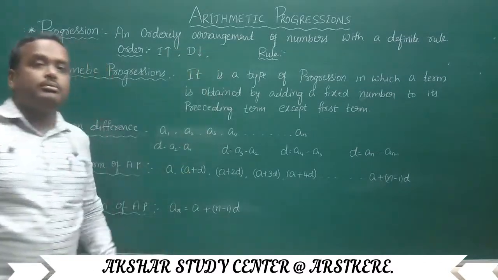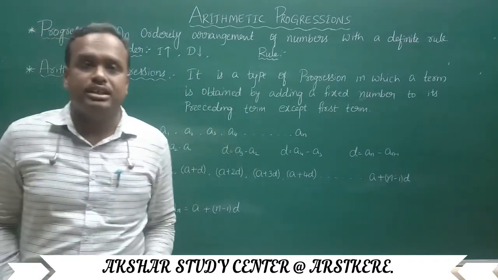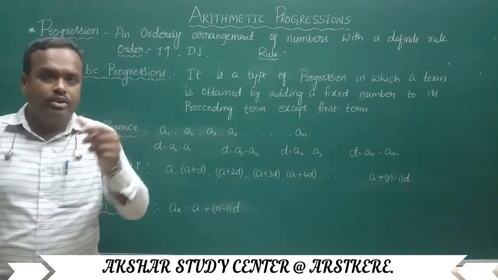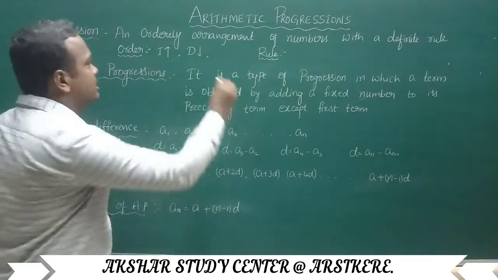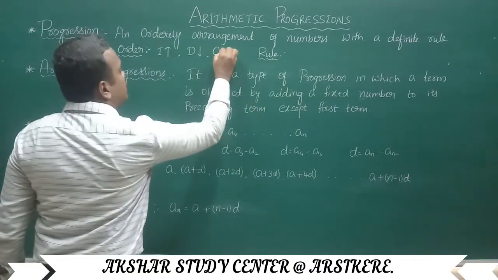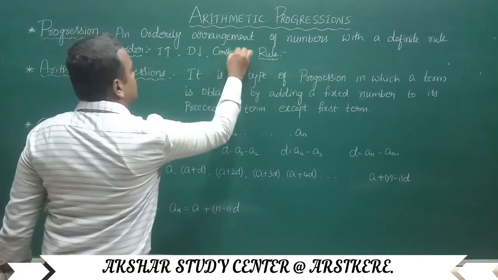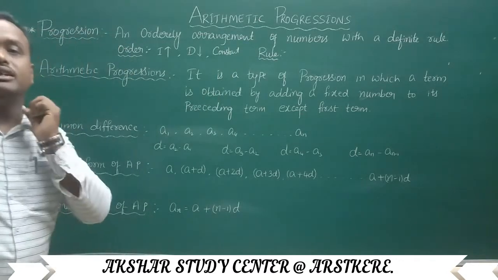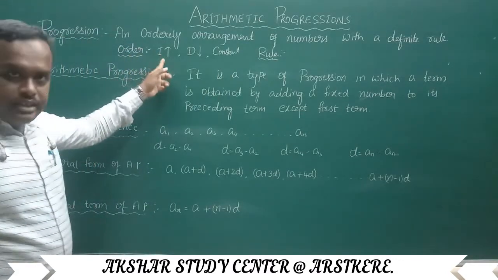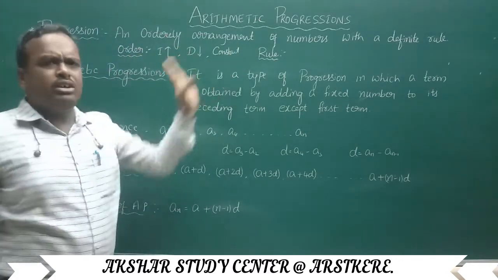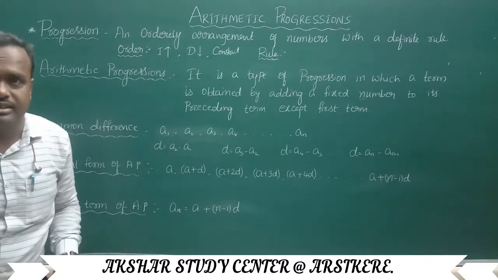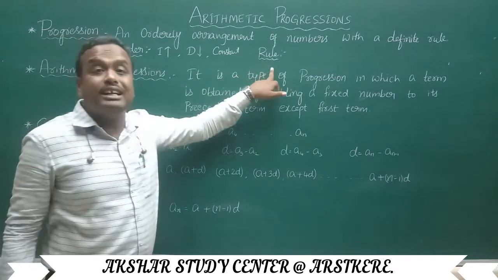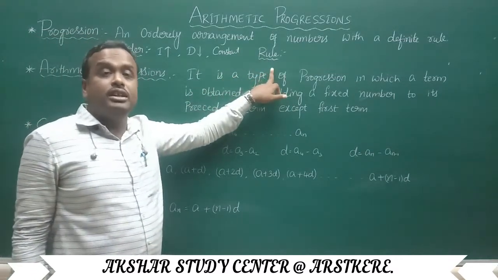And the third one, it is a special one: the numbers in constant order. For example, 5, 5, 5, 5, 5, going on continuing. That is constant order. So we have to identify whether the numbers are in increasing order, decreasing order or constant order. This is the first point. If it satisfies, then we go on to the second condition, the rule.